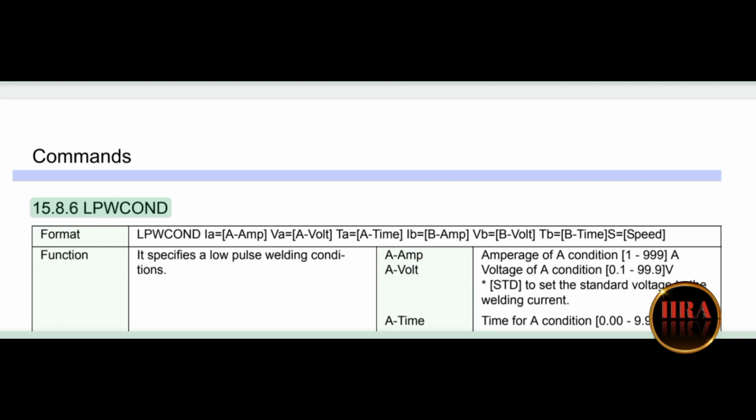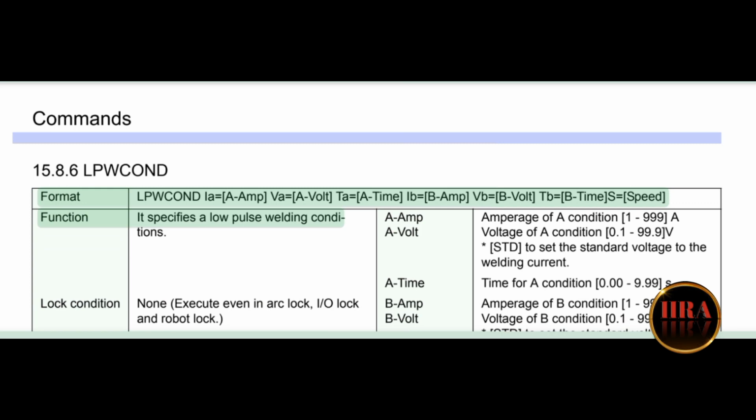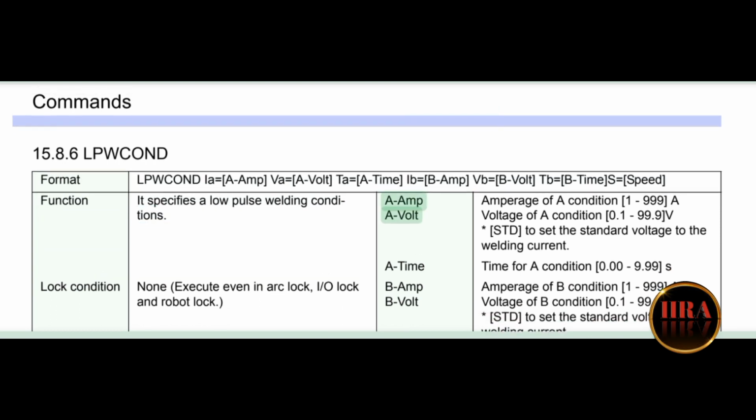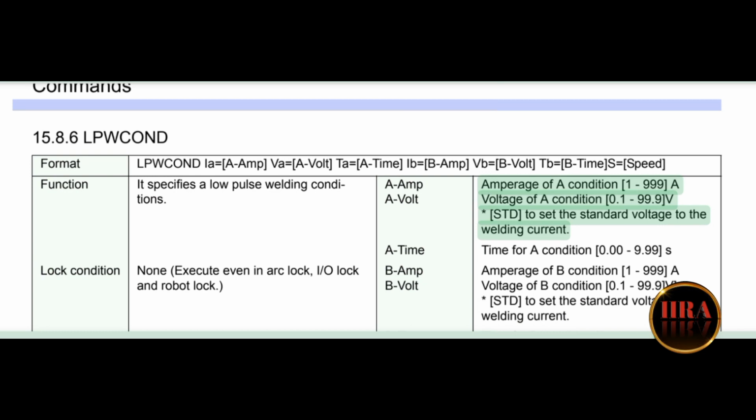15.8.6 LPWCOND. Format: LPWCOND A equals A amp, VA equals A volt, TA equals A time, IB equals B amp, VB equals B volt, TB equals B time, S equals speed. Function: it specifies a low pulse welding condition. A amp, A volt: amperage of A condition, 1 to 999, a voltage of A condition,